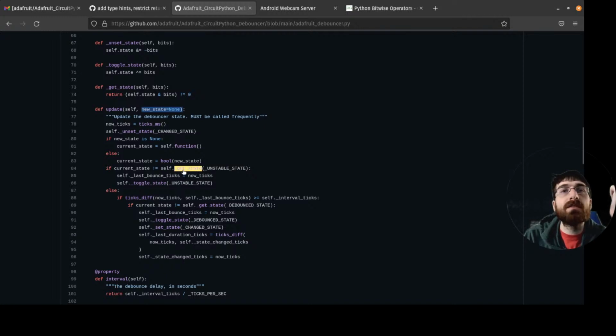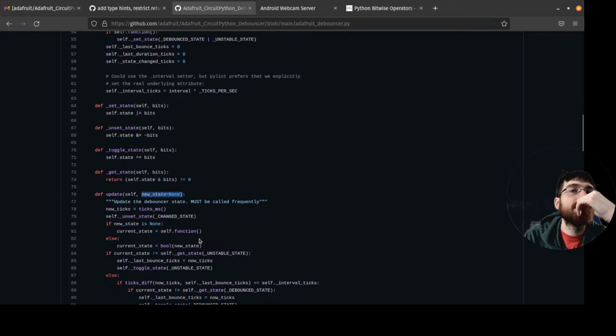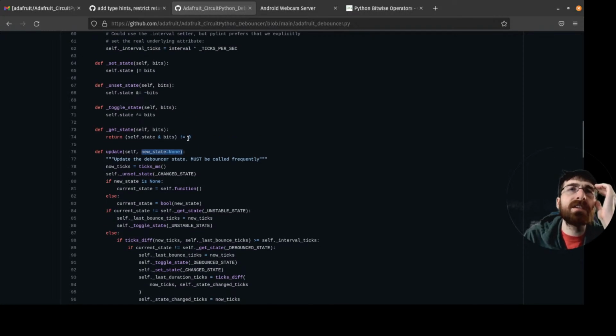Well, to get state, unstable state. Why does get state bits return state in bits not equals 0? I'm not super familiar with the way it's using bit math like this. I guess it's just storing a few different Booleans, basically.